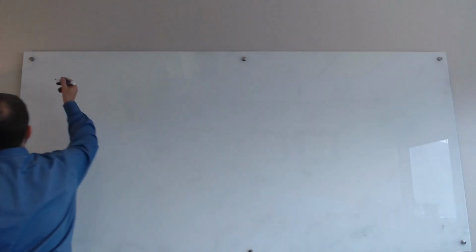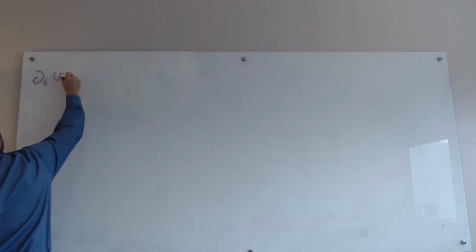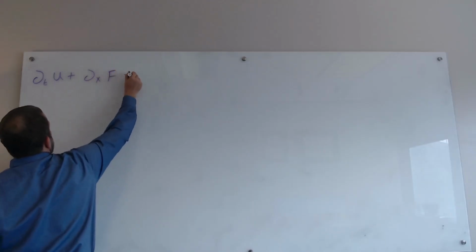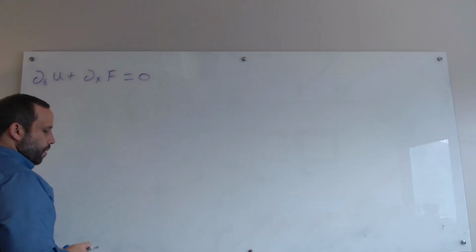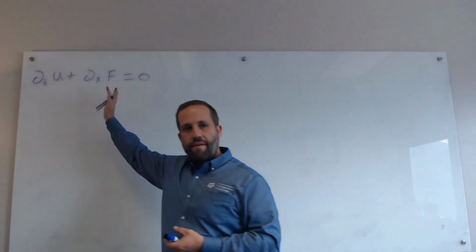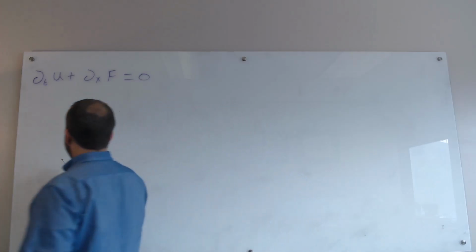Okay, so I want to return to conservation laws. Remember the conservation laws that we were looking at says things like the t derivative of u plus the x derivative of f is equal to 0. Now, depending on the problem, f will be related to u in different ways. We're going to first look at an example in which f